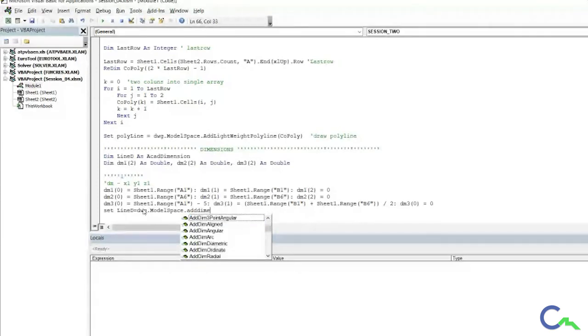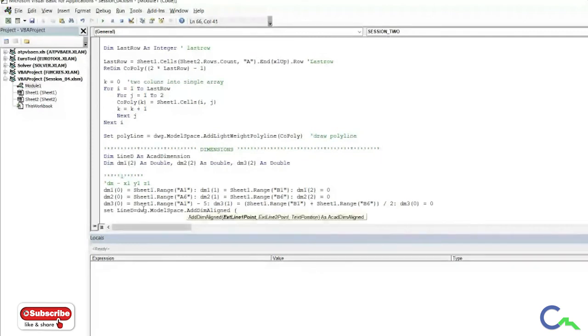Why am I adding dim align? Because you can add anything, dim rotated, dim align. It's your wish. Whatever you want, you can add. But here I'll be adding dim align because for me it is easier, because I have worked on this. And you can see the dim align is asking for 3 points. One is point 1, point 2, and text point, right? The same thing I said before. So what is our point 1? dm1. And what is our point 2? dm2. And what's our point 3? dm3, right? So we have set everything.